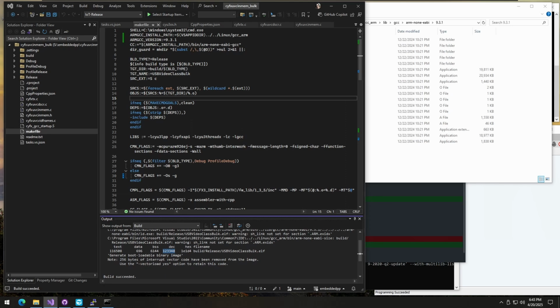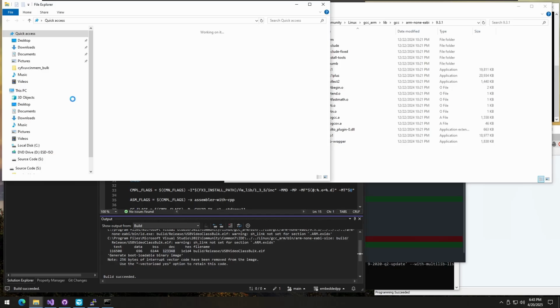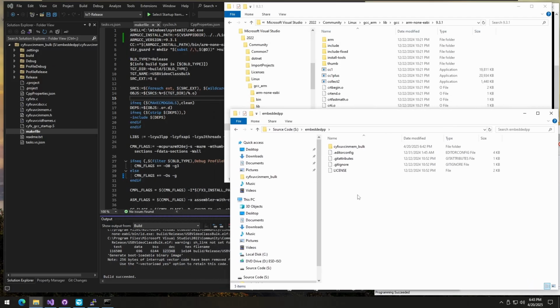With that, let us work on the SDK. So SDK, let's open another window over here. Go to our S drive for the sources, embedded pp. I will likely be reusing the SDK with some other projects, so let's have it up here in this directory, and that will be our Cypress SDK